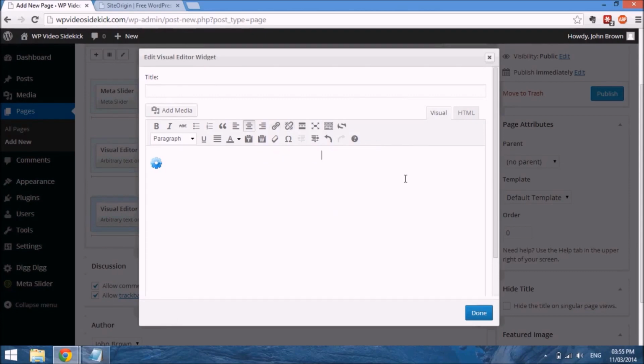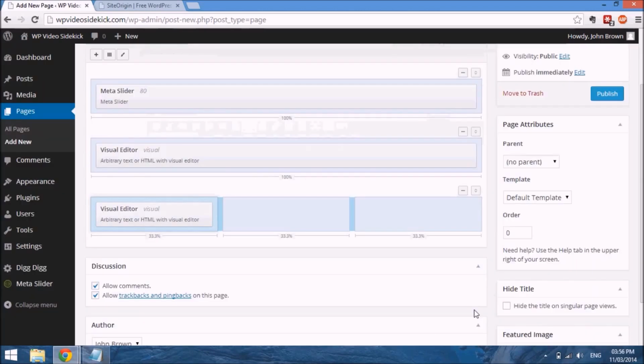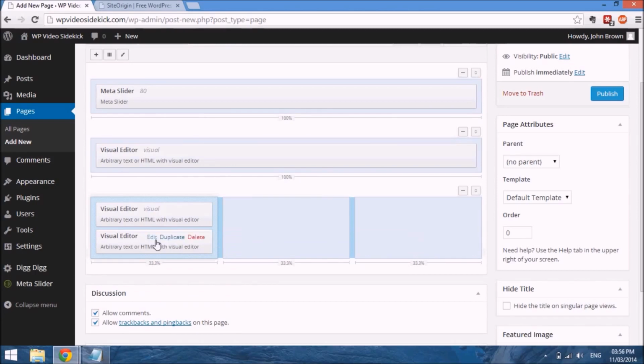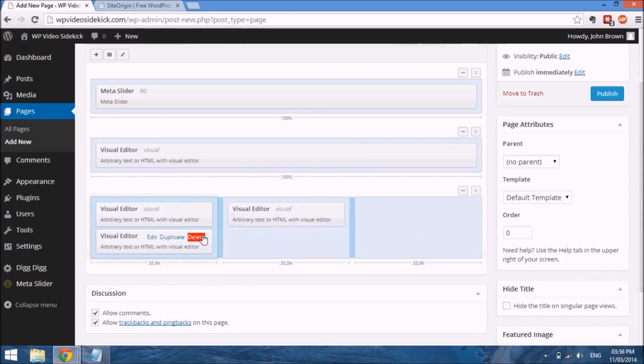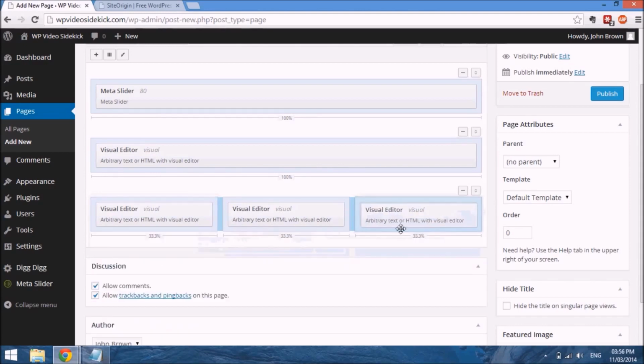And I want this to be at the very top. Just going to center it, and then I'll put back my text, and then I'm done. And the wonderful thing that you can do, so instead of doing this 3 times for each of the columns, I can just duplicate this, and I can just drag it over. And again, I can duplicate, drag it over. So instead of having to select the widget again,